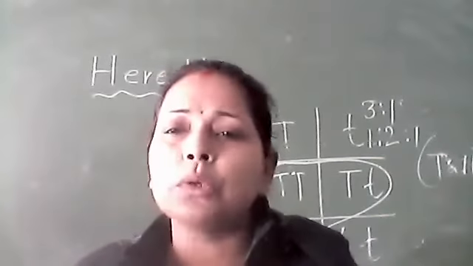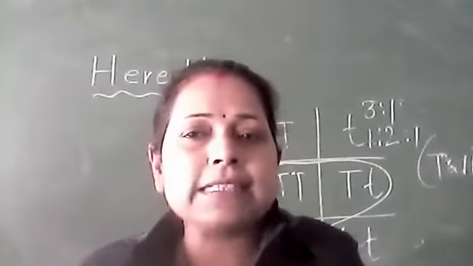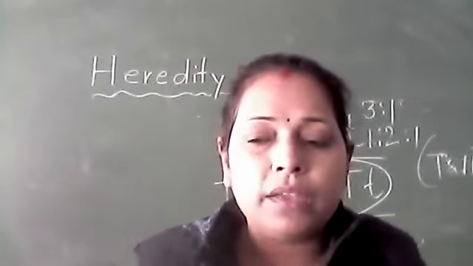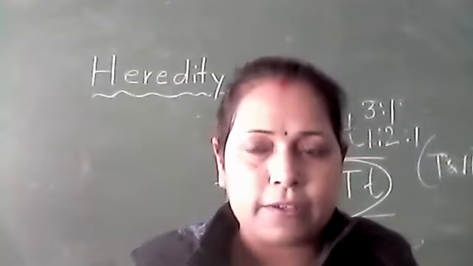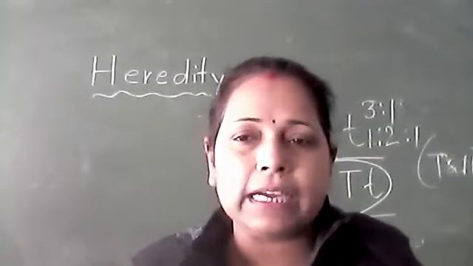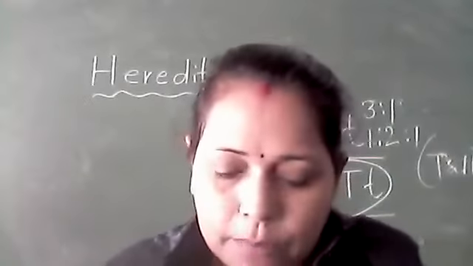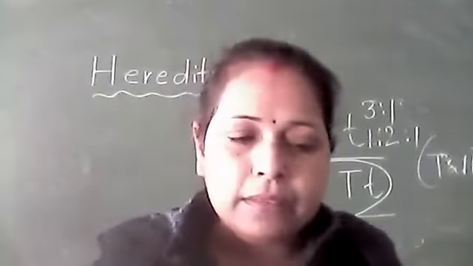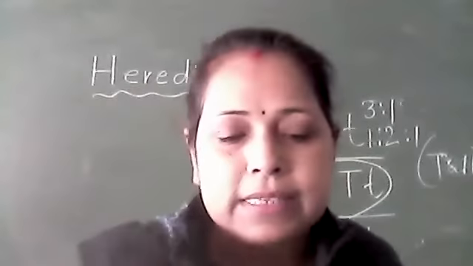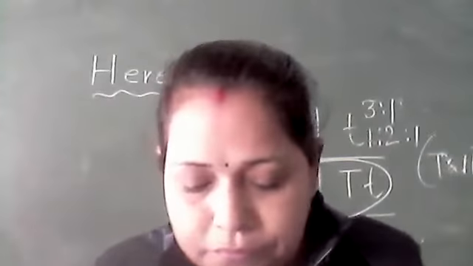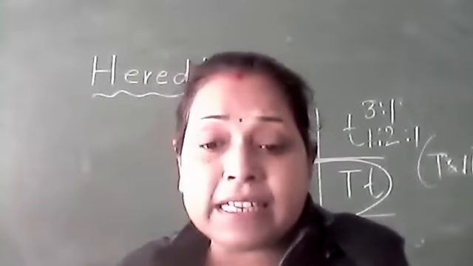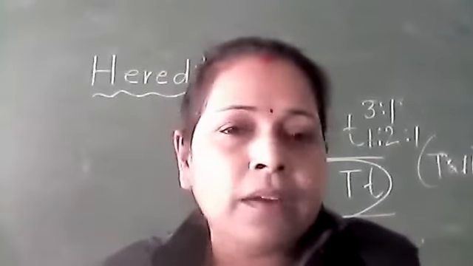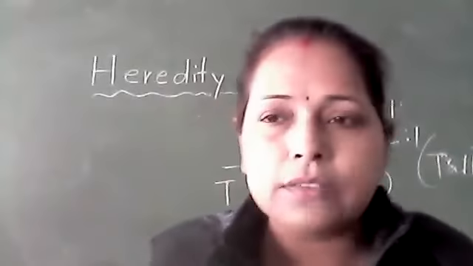Yes, we are using the term monohybrid cross. Here a cross is made for studying only one character, the length of the stem of a plant. But if we study two characters at a time, then we call it a dihybrid cross. So here we did the monohybrid cross. In the next one, to study how characters are independently sorted, we need a dihybrid cross.